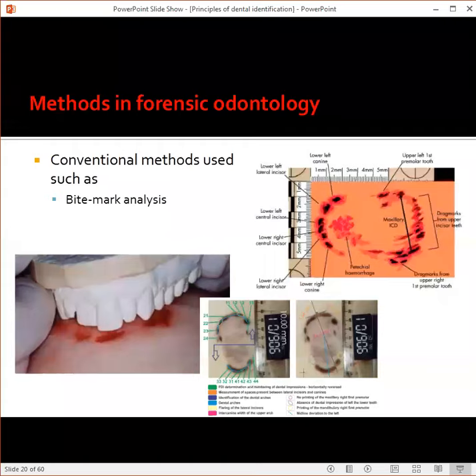injury on the individual. So it is very useful in identifying abuse victims, because these bite marks are usually seen in persons who are subjected to sexual abuse or even family abuse. So this is the second method, which is bite mark analysis. The first method is comparison of dental findings and dental imaging records to identify the individual. The third one is bite mark analysis.